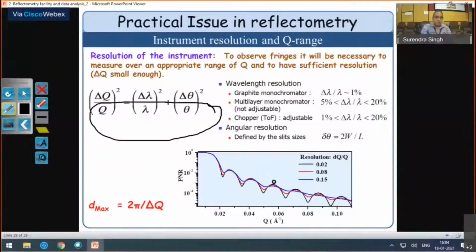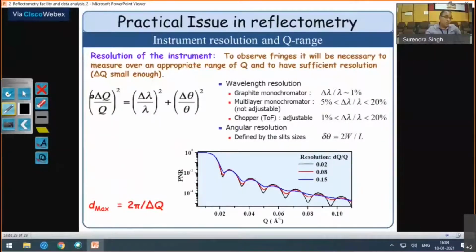This is another thing, last slide I guess. Another thing is resolution of the instrument. Whenever we do experiment, theoretically we can generate the reflectivity pattern. But in experiment we have inherent things, because each instrument has some resolution. And in this case, for reflectivity, the resolution factor is defined like this: delta q by q